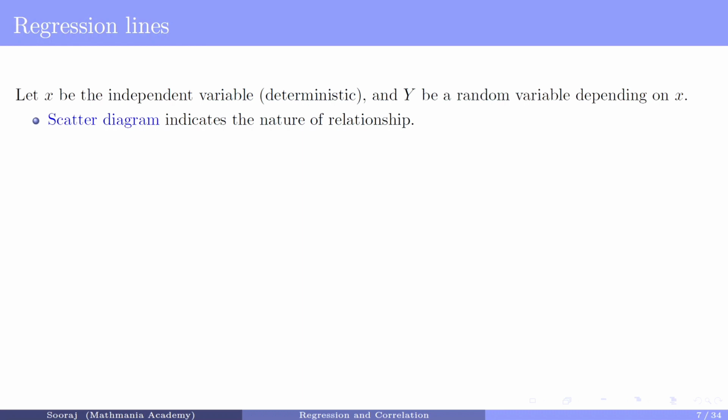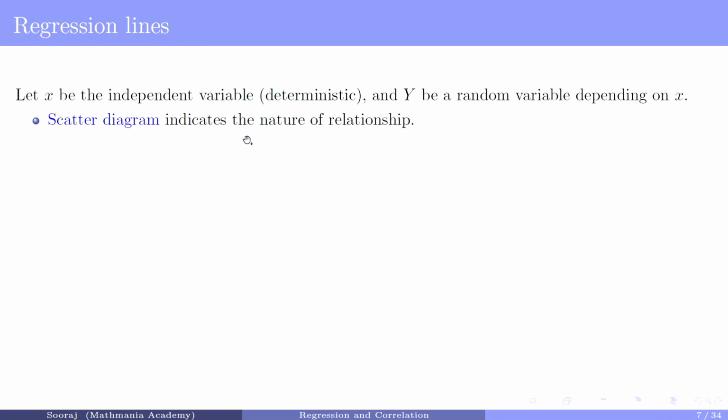There can be any number of lines for the plotting that you make. Out of which one line would give you some better approximation of covering those points that we have marked on the graph. And that is the scatter diagram idea to find out the regression lines, which we are not going to cover in this video anyway. But still, when you plot the points, that pair x comma y on the graph,